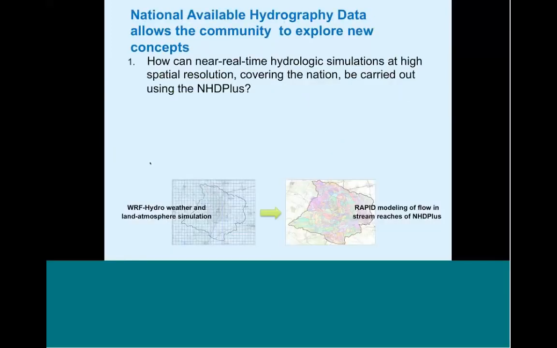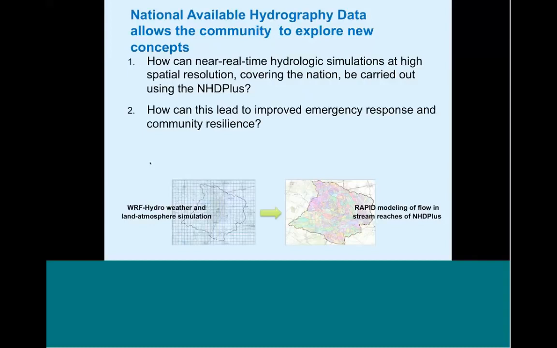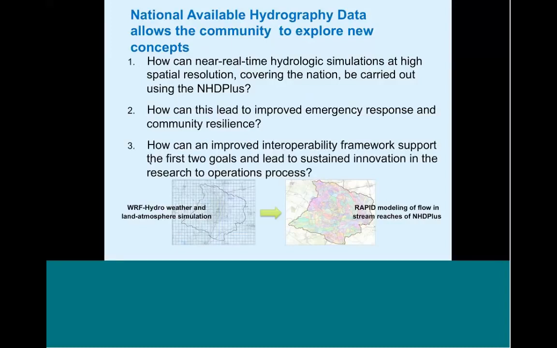So we asked 3 specific questions within the National Flood Interoperability Experiment. How can near real-time hydrologic simulations at very high spatial resolutions covering the nation be carried out using the NHD+? How can this lead to improved emergency response and community resiliency? And in order to test this, we are partnering with members of the emergency management community as well as social scientists. And then finally, how can an improved interoperability framework, as I said earlier, web services, support these first 2